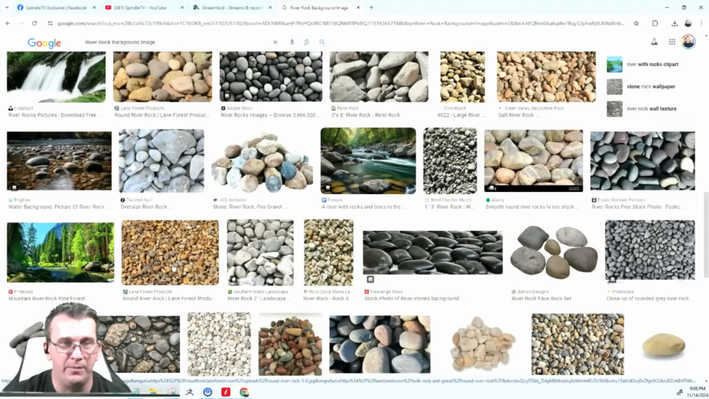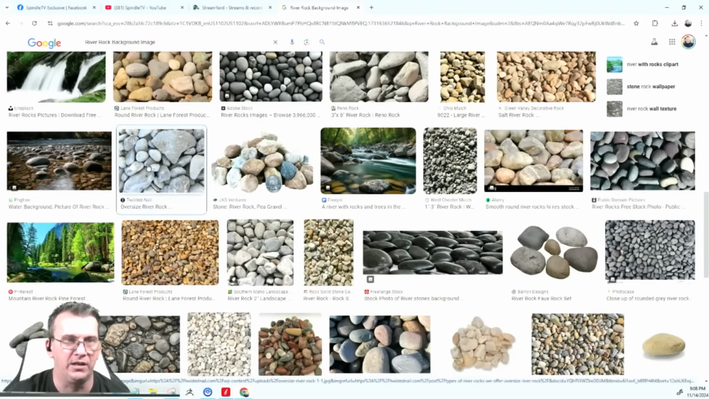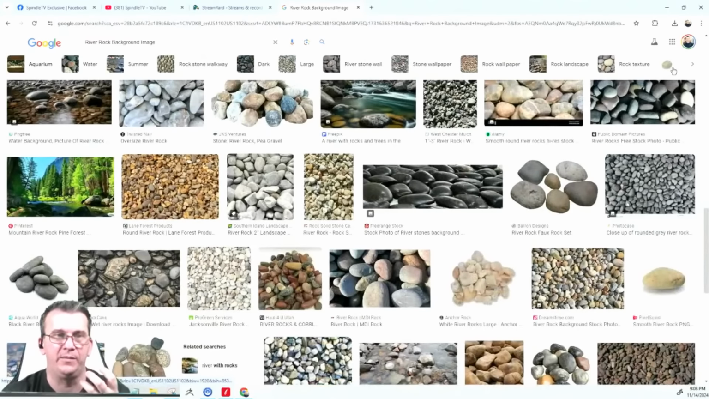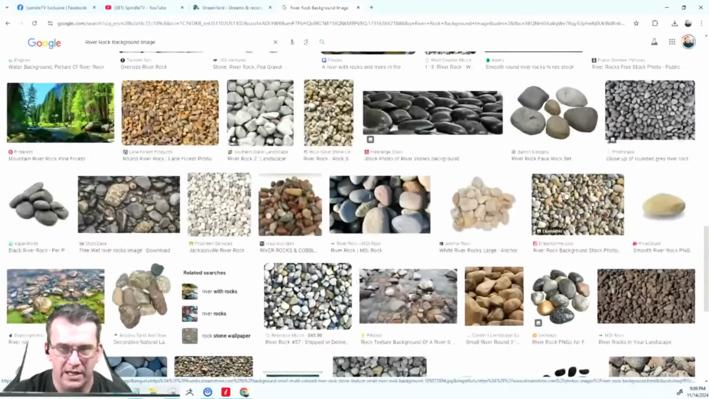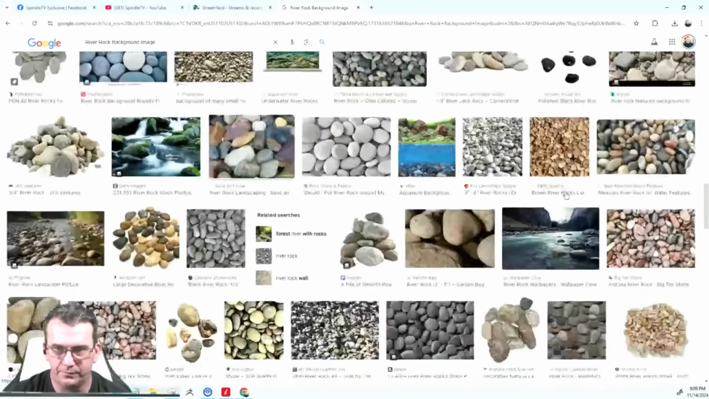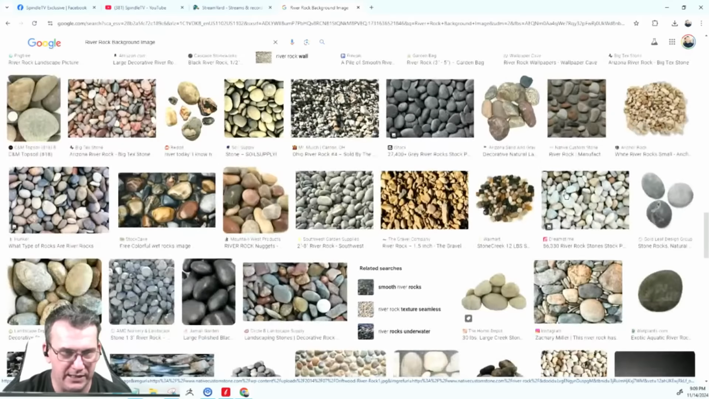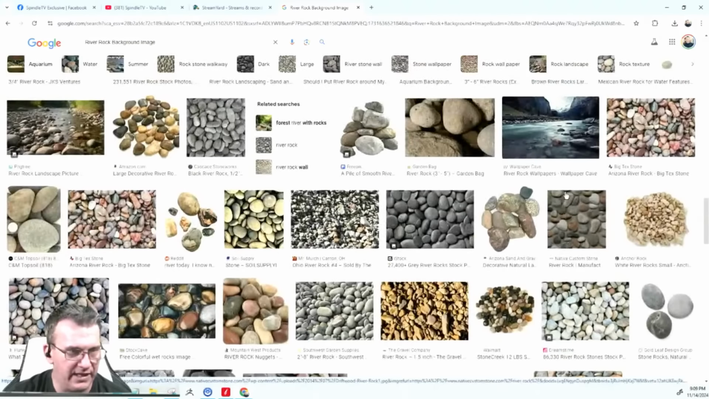Now, when I'm looking for an image that I'm going to use, it cannot have any watermarks. It's got to be just a clean image, border to border, because I'm going to be importing this image and turning it right into a texture. I don't want to go through and edit and crop all that stuff. So I'm going to find an image that appeals to me,